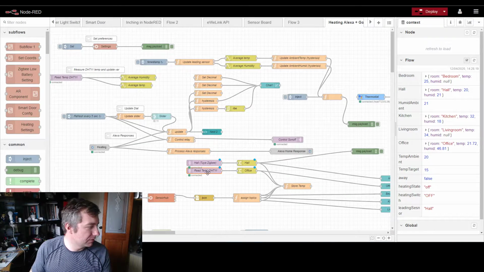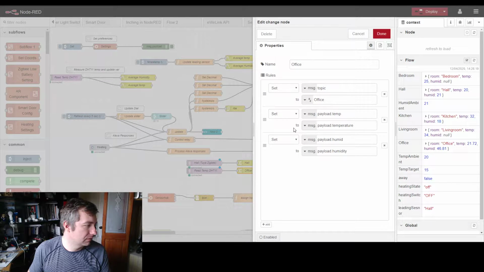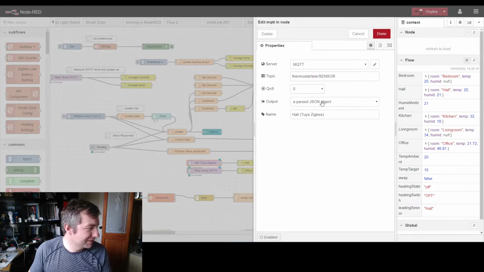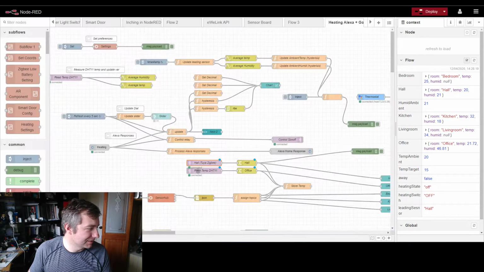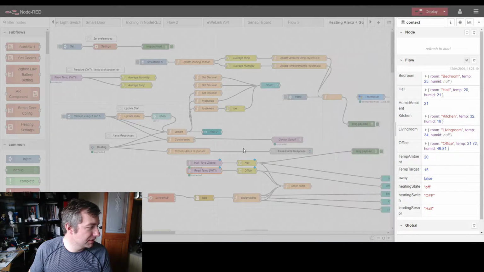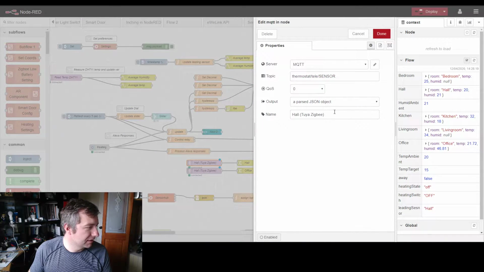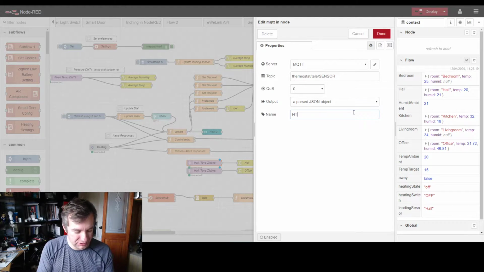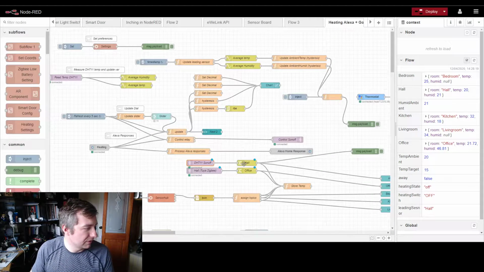And this is the DHT11. Did I do it the wrong way around, damn it. Sorry, this is the one in the office. That's Tuya, and this is my DHT11 on Summit, and that's in the hall. Okay, that's office, and those 2 temperatures,